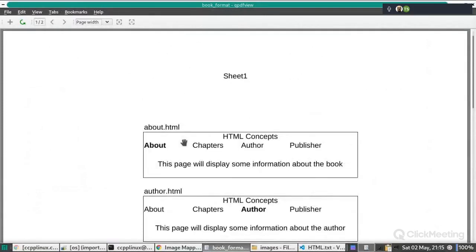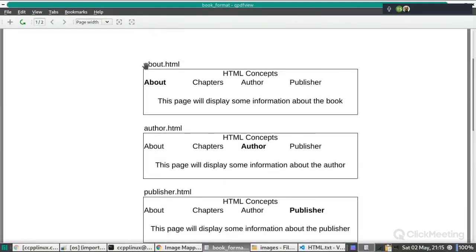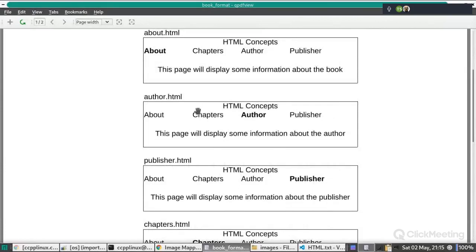So create only two, about.html and author.html. Just do these two again in the way he's shown it to you, so you know how to link. You don't have to do the whole book. I've already done that. No, actually, this is already completed, about.html. So he needs to create another one called author.html or publisher.html. Yes, author. No, publisher.